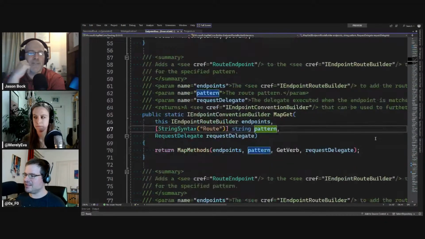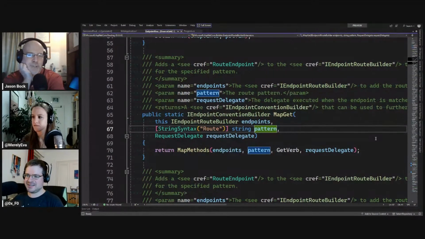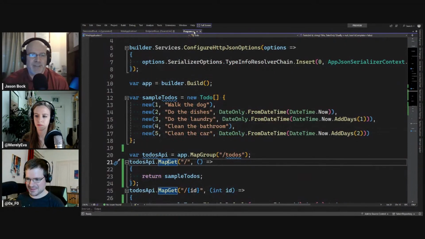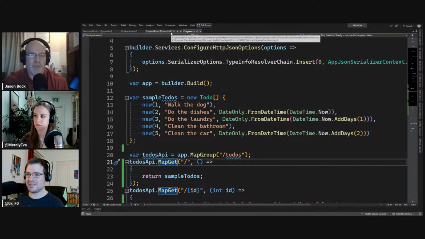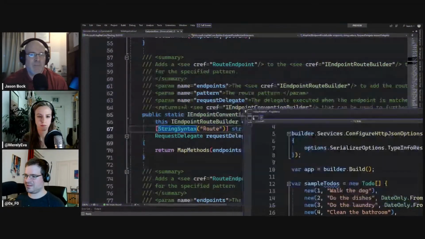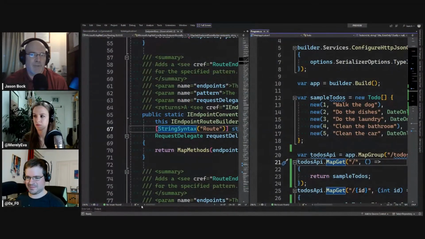Yeah, so that's interesting. I didn't notice that before, that there is a StringSyntax attribute on pattern, and it's actually Route. I didn't know that there was actually a route pattern that you could use for string syntax. So cool. If people don't know what string syntax is, if you put JSON there, then it will know you're trying to pass in JSON, and then it will actually check it, which is really cool.